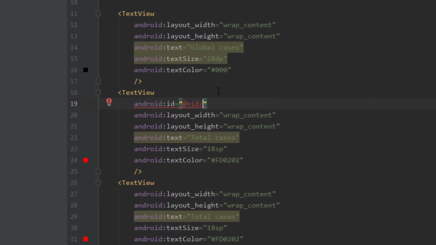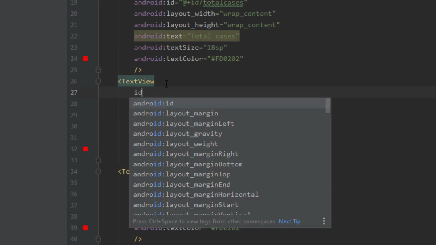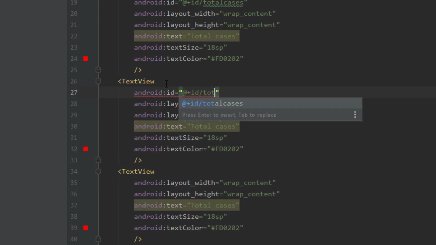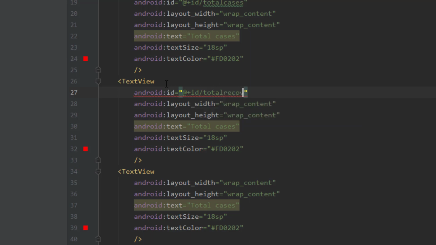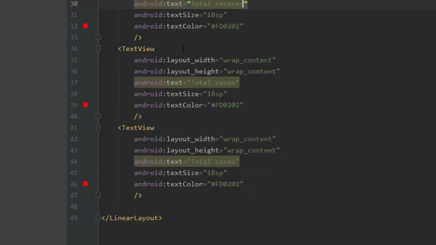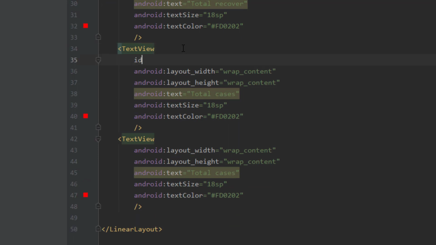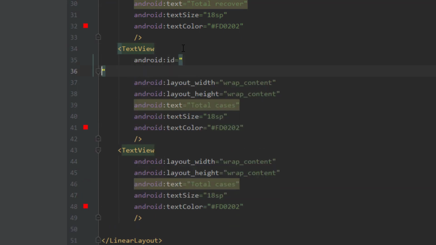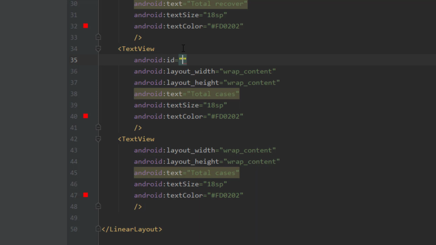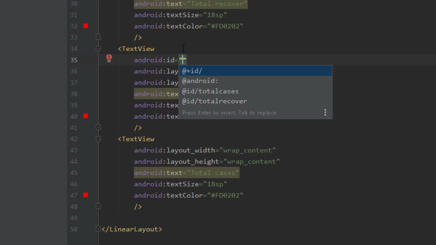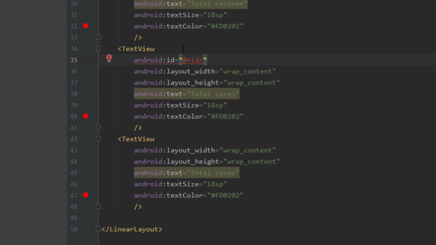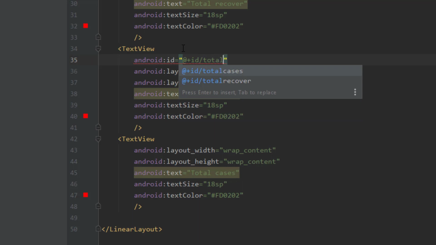So this is total cases, and this let's say total recover, and we rename this total death.